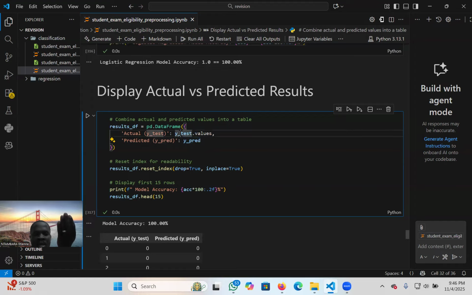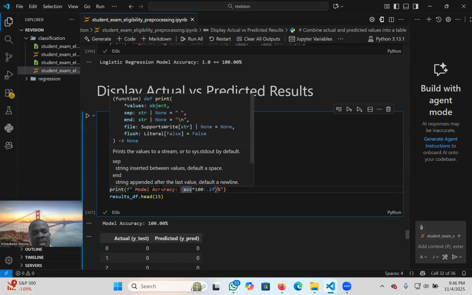Then we have y test as our actual testing data, and we put values to get those values from there. Then we set the index for readability, like 1 to something, with drop equal to true, and we print